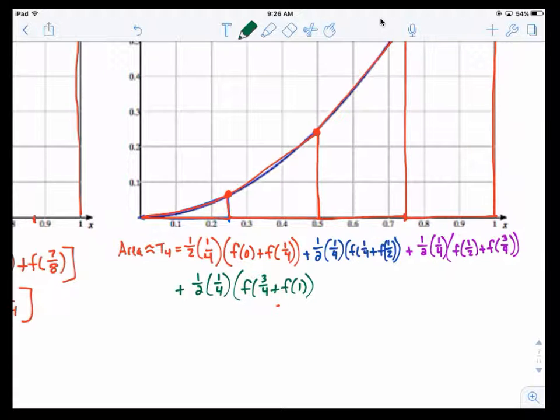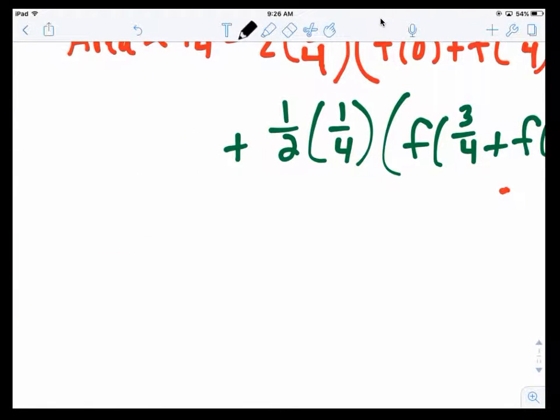Now, that's really long and tedious and disgusting, right? Okay, so we need to figure out an easier way to come up with that. If you're using the trapezoid method, you're always going to be multiplying everything by 1/2, right? That's part of the formula. So what I can do is put that out front. So the area